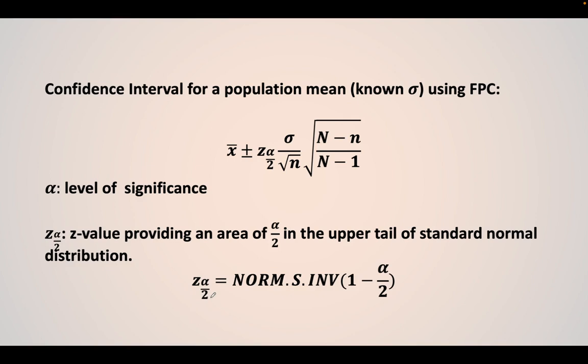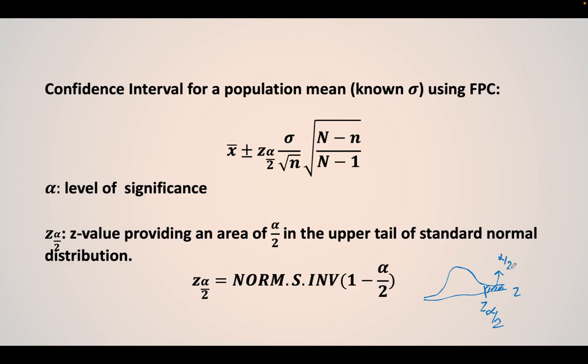Total area under the curve is 1. This function just accepts the area on the left side. The area on the left side would be 1 minus alpha divided by 2. Look at here, we have a situation like this one. Here is z alpha divided by 2. I know the area on the right side of this z alpha divided by 2 is alpha